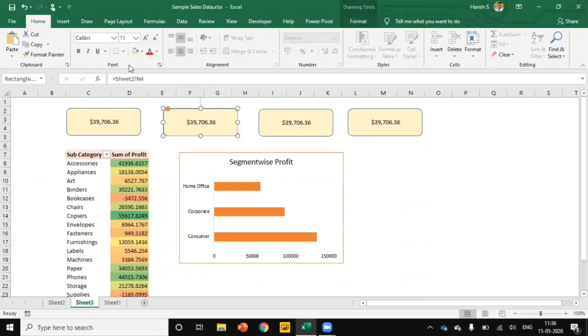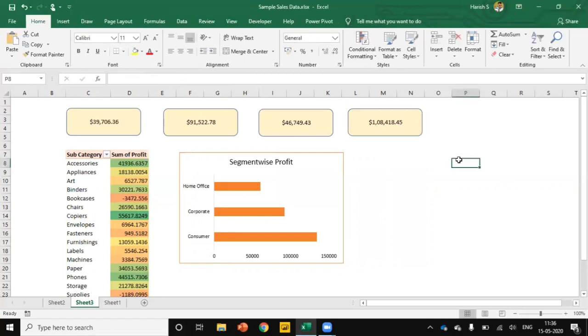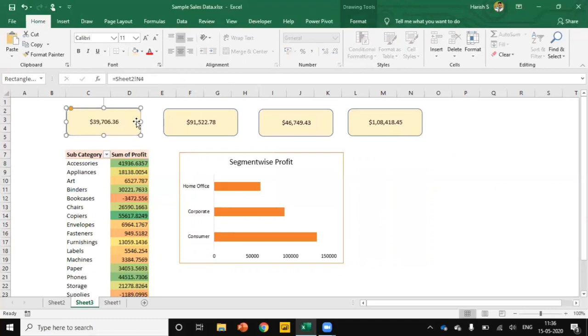Now select all the shapes and then change. Now we have added four regions. Now I want to align these shapes.